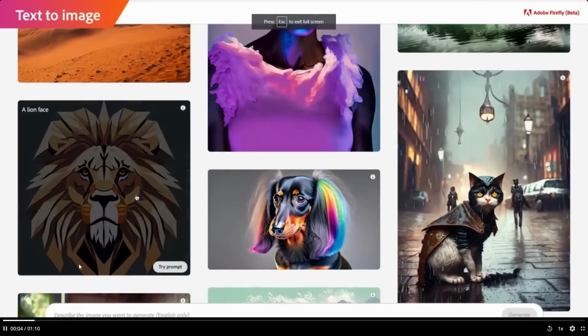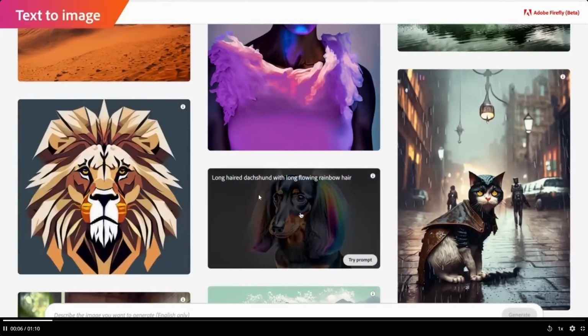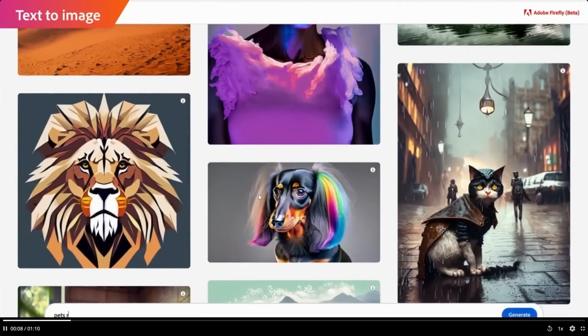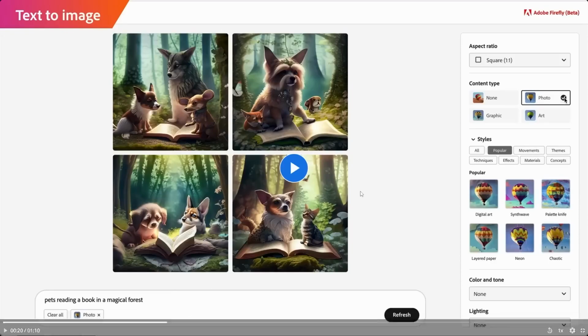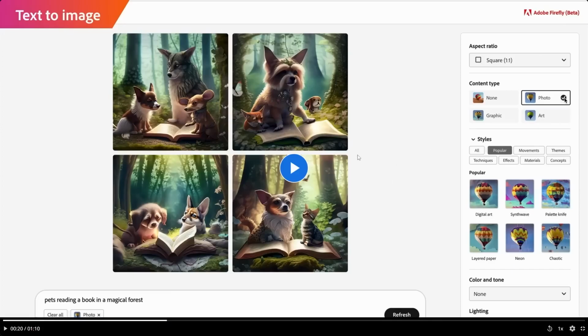Adobe did recently just announce text to image, and this is something that we've recently seen. I think, you know, Bing now has it, you know, Midjourney, DALL-E 2, Stable Diffusion. There's many of these, so I won't cover this in too much detail. But what I will say about this, the reason that I will say that this is so much more interesting than previous image generators is because if we take a look at the right hand side here, you can see that it says